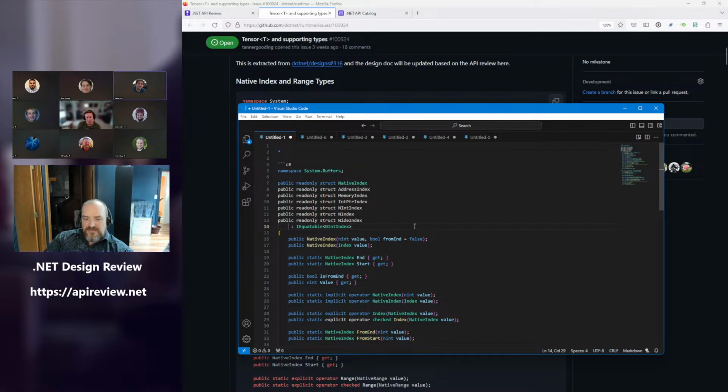I think that the same argument can be made for int.MaxValue, because you're still working within the confines of whatever the data type allows. Right, but that doesn't work, because if you have an allocation that's more than 2.14 billion elements, you can still use an index where the hat 5 represents from the end length, which might be more than 2.14 billion. Sure. Well, that would just mean that GetOffsetAndLength would need to take in an int and produce an int. The problem would be it couldn't store an offset from the beginning that was more than 2.4 billion away.